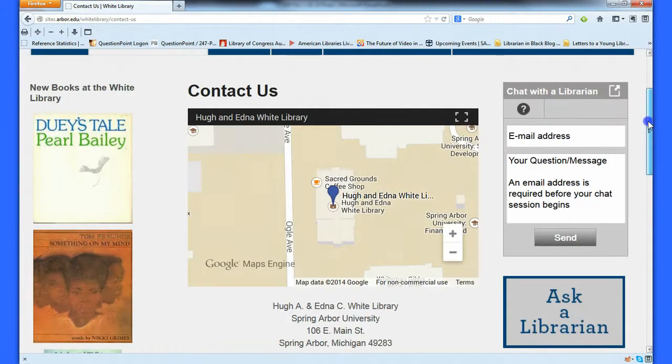And one final piece I want to make sure to show you is this Chat with a Librarian feature that's up here in the right corner of our screen. What that allows us to do is, our library has subscribed to a service in which a number of different libraries have said, we want to help each other out in answering these questions so that our students have coverage any time of the day or night. This is a 24/7 chat service. You will do exactly as this asks you: enter your email, enter your question, click send, and someone, a trained librarian, will pick up your question and answer it. We provide information about our school and our resources on a page that they can view to help you.